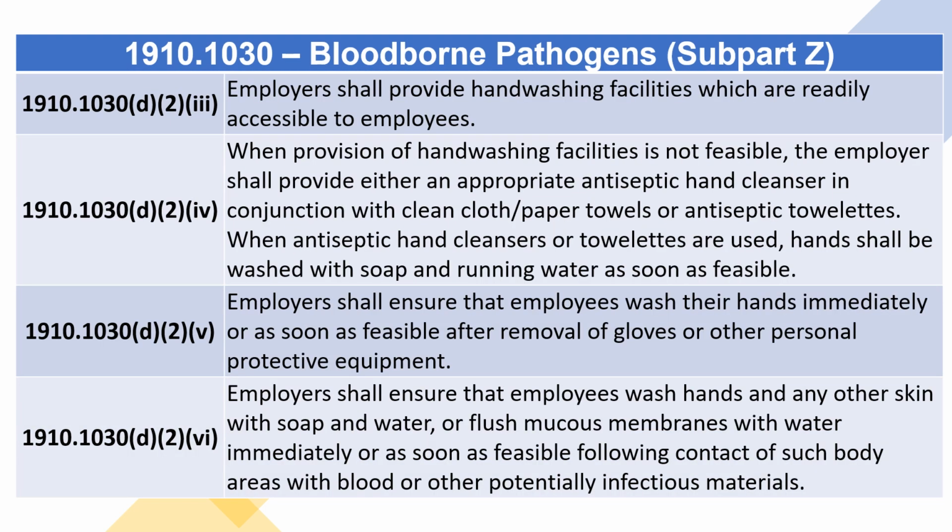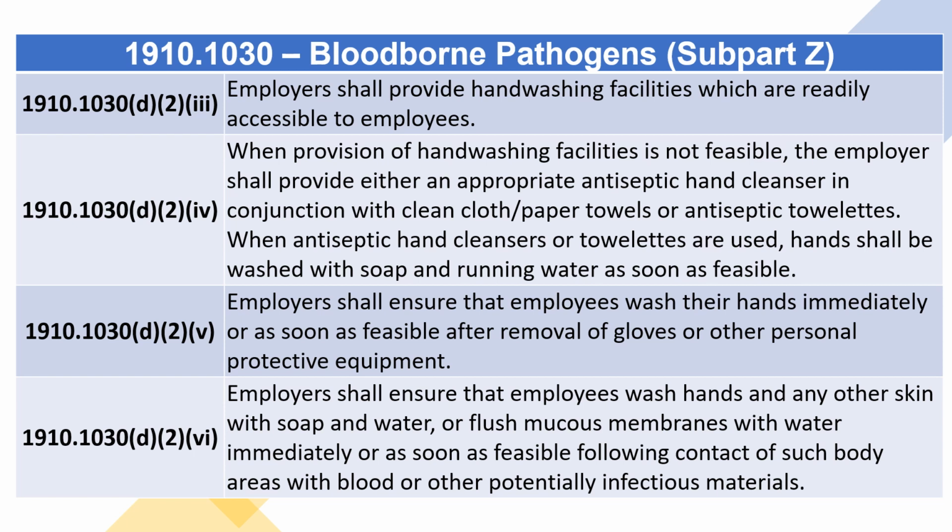Employers shall provide hand-washing facilities which are readily accessible to employees. When provision of hand-washing facilities is not feasible, the employer shall provide either an appropriate antiseptic hand cleanser in conjunction with clean cloth/paper towels or antiseptic towelettes. When antiseptic hand cleansers or towelettes are used, hands shall be washed with soap and running water as soon as feasible. Employers shall ensure that employees wash their hands immediately or as soon as feasible after removal of gloves or